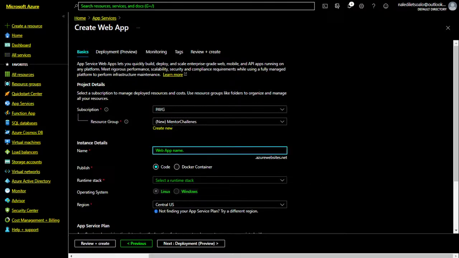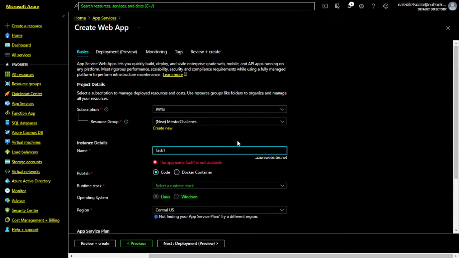Next thing, the name of my app. Now, I'm not going to be using a custom domain. I'm going to be using just the standard domain that comes along. And what that means is that the website address is going to have .azurewebsites.net. So let's name this first one task 1, all right?